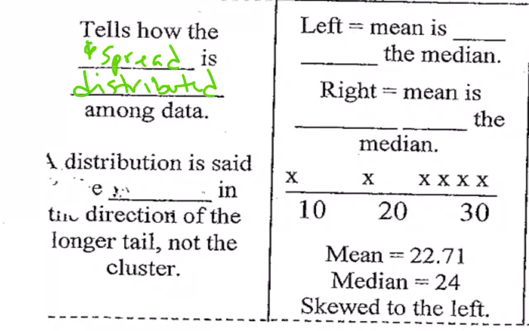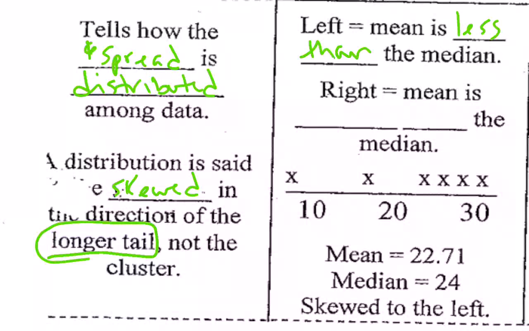A distribution is said to be skewed in the direction of the longer tail. That is really important. So if we say it's skewed to the left, it means that the mean is less than the median. If we say that it is skewed right, it means that my mean is greater than